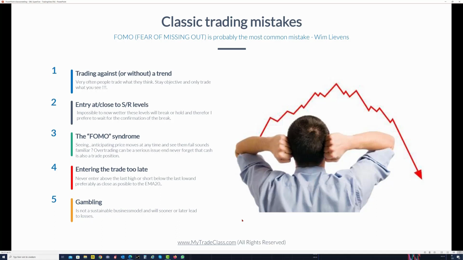So this is something, it's a bad idea. Gambling, I see less now in the last few years. Gambling with so-called miracle strategies on news and so on is something that I would strongly advise against, especially when